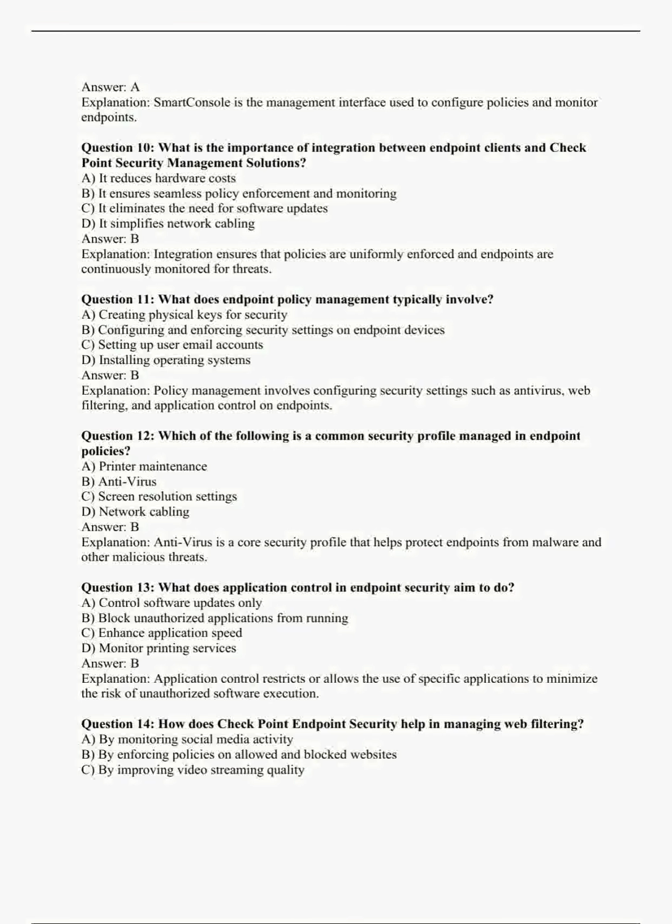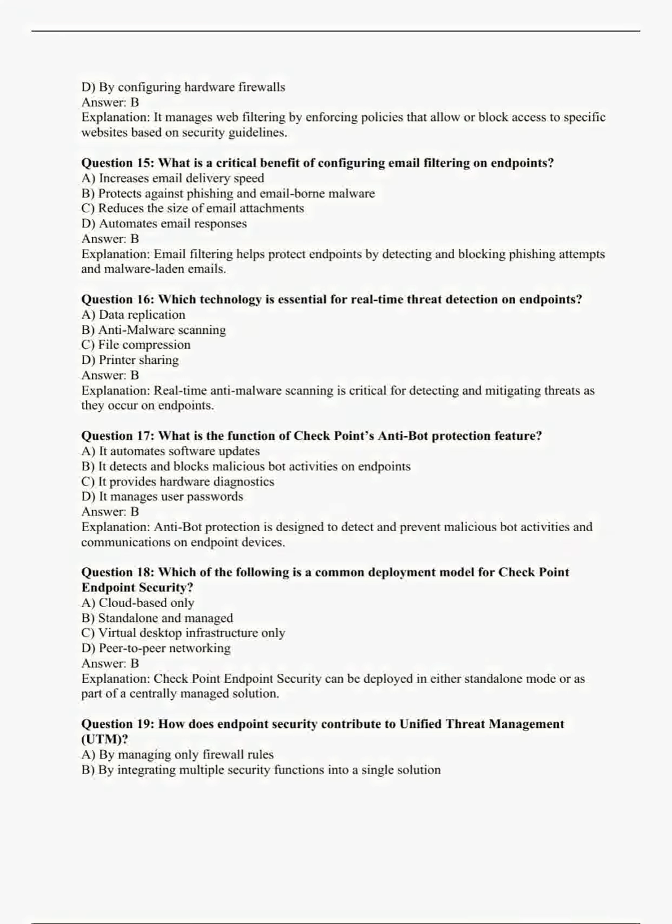Question 14. How does Check Point Endpoint Security help in managing web filtering? A. By monitoring social media activity. B. By enforcing policies on allowed and blocked websites. C. By improving video streaming quality. D. By configuring hardware firewalls. Answer B. Explanation. It manages web filtering by enforcing policies that allow or block access to specific websites based on